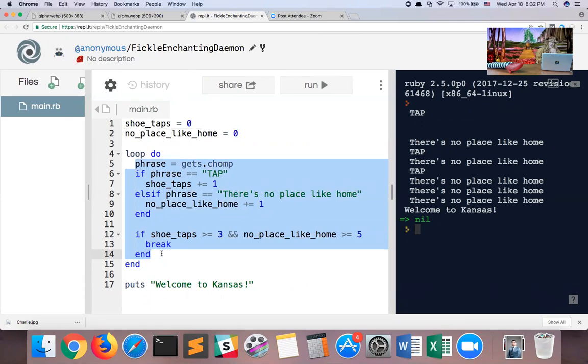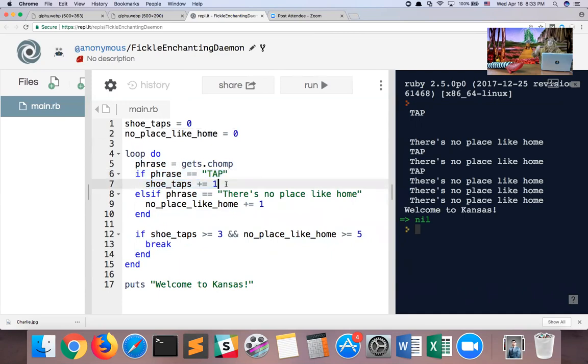Now let's look at this code carefully. We make another variable called phrase, and we'll take the user input and stuff that into this variable called phrase. We're now working with 3 different variables. If phrase is tap, meaning if the user typed in tap, then shoe taps plus equals 1.